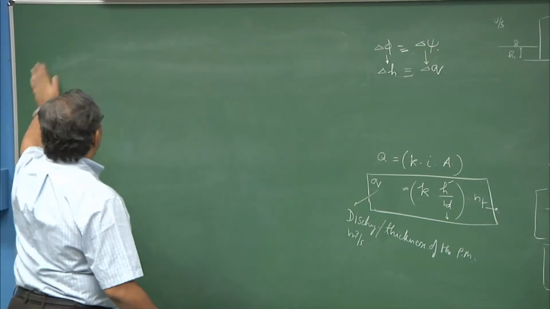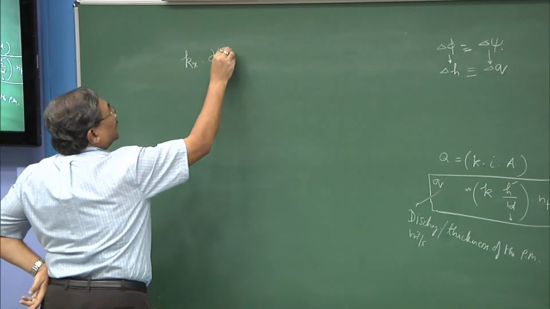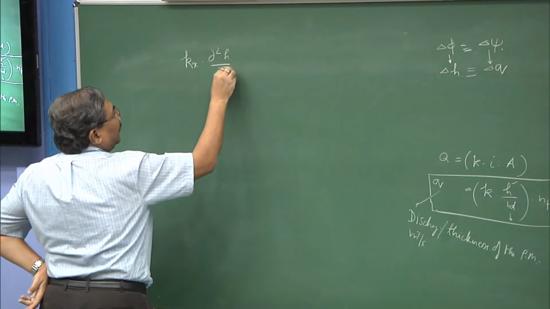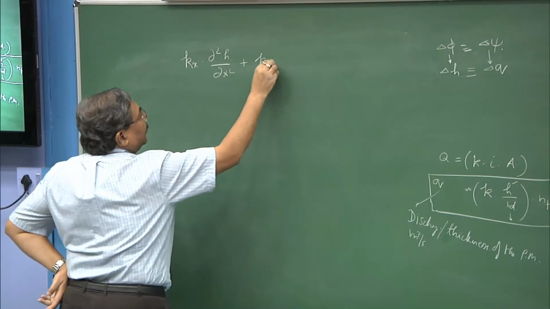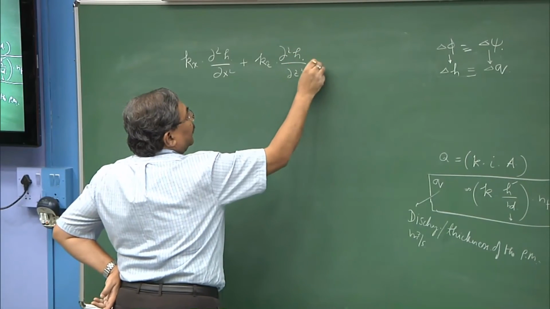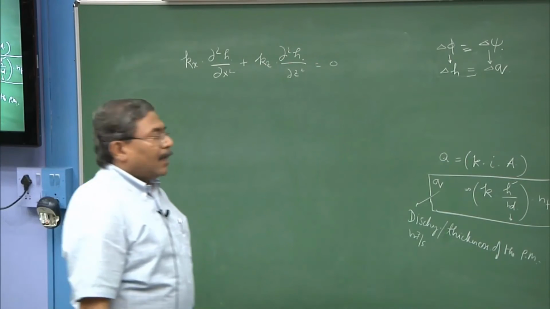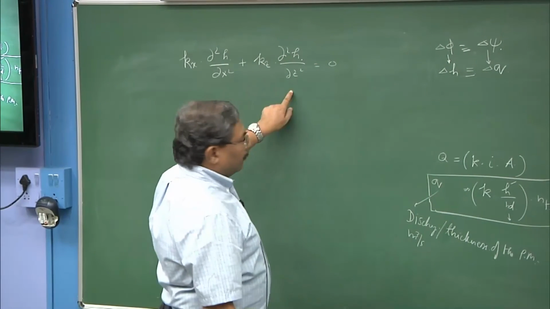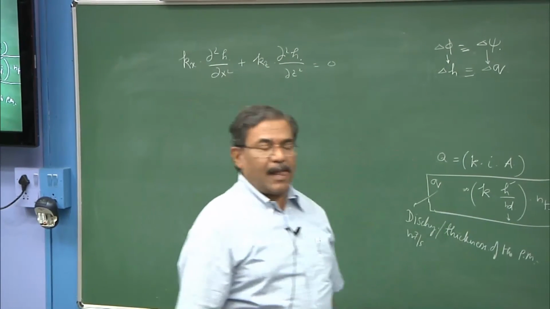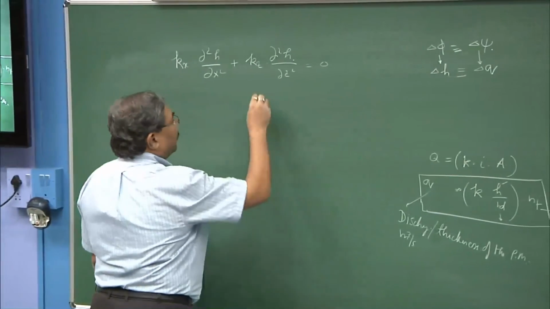So, if I say that k x del square h upon del x square plus k z del square h upon del z square equal to 0, this is the equation for anisotropic condition. I can create isotropy by assuming